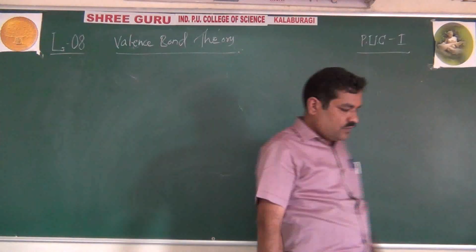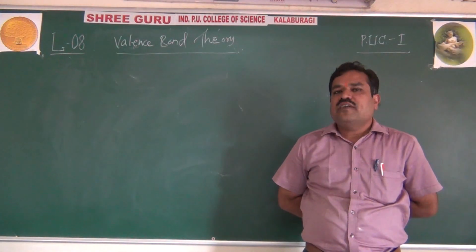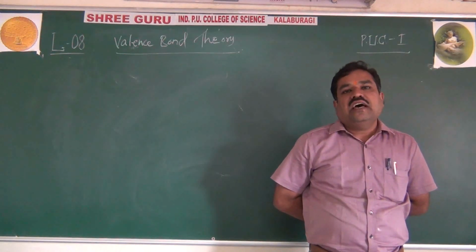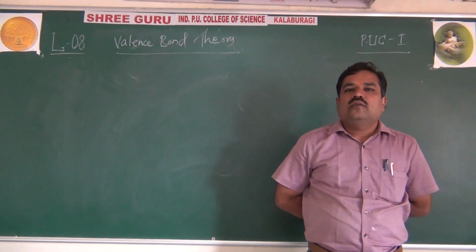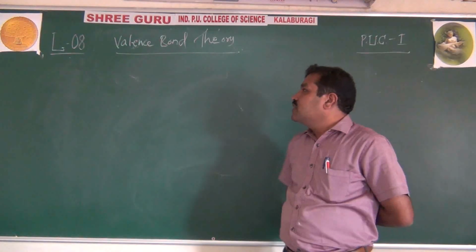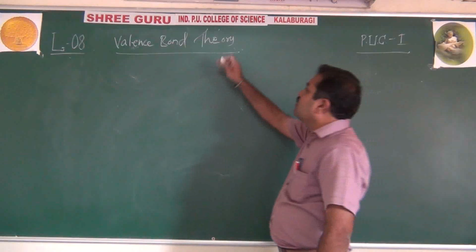See, now we have come to know that with the help of dipole moment we can decide the polarity of a molecule, and I also gave a definition of polar covalent bond and non-polar covalent bond. Now we are going to study a very important theory that is called valence bond theory,